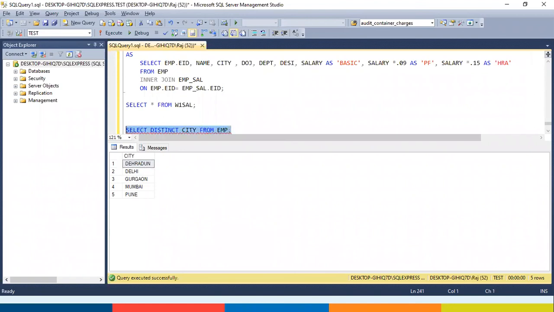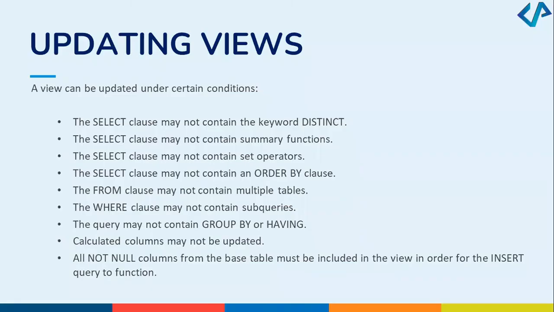Next, the select clause may not contain a summary function.